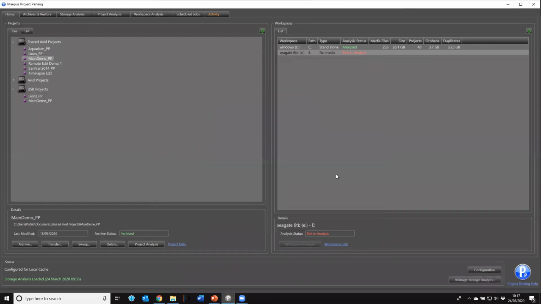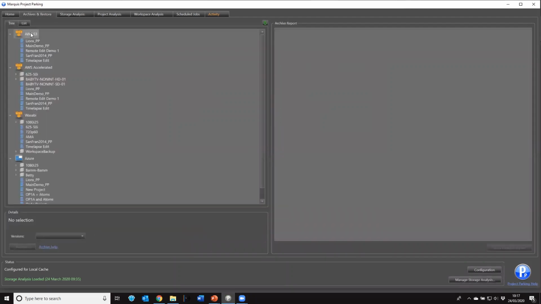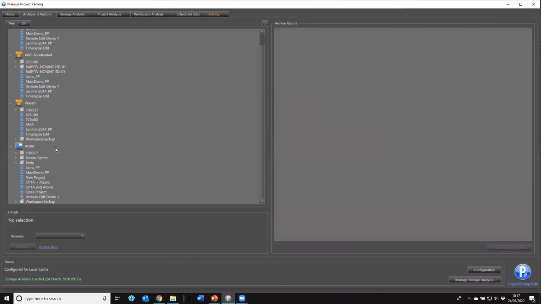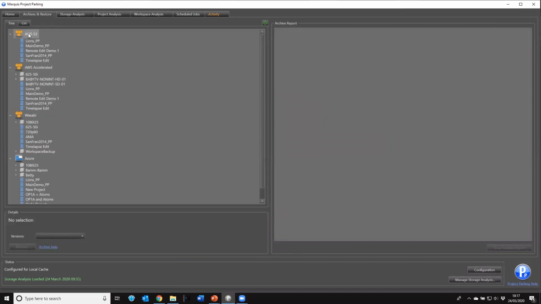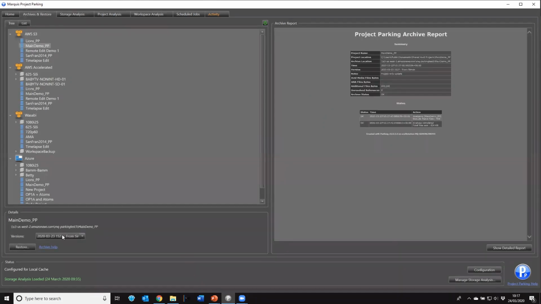Anybody that then has access within Project Parking to that storage will be able to come and look in the archive section, look into the different, in this case I have the 4 options, but we'll look into the AWS one, find the project that's pushed up there, and we'll see down here the different versions that we have. So this one has been used quite a lot, and I have all the different versions that come from various places. If I want to take the latest one, I pick the latest version, hit the restore button,